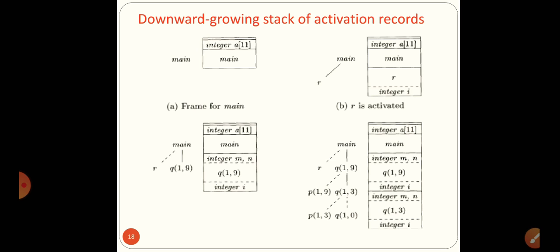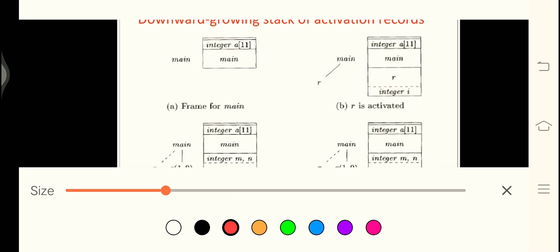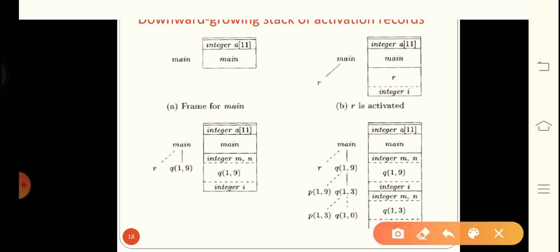Here you can see the downward growing stack of activation records. First we are considering only the main function.